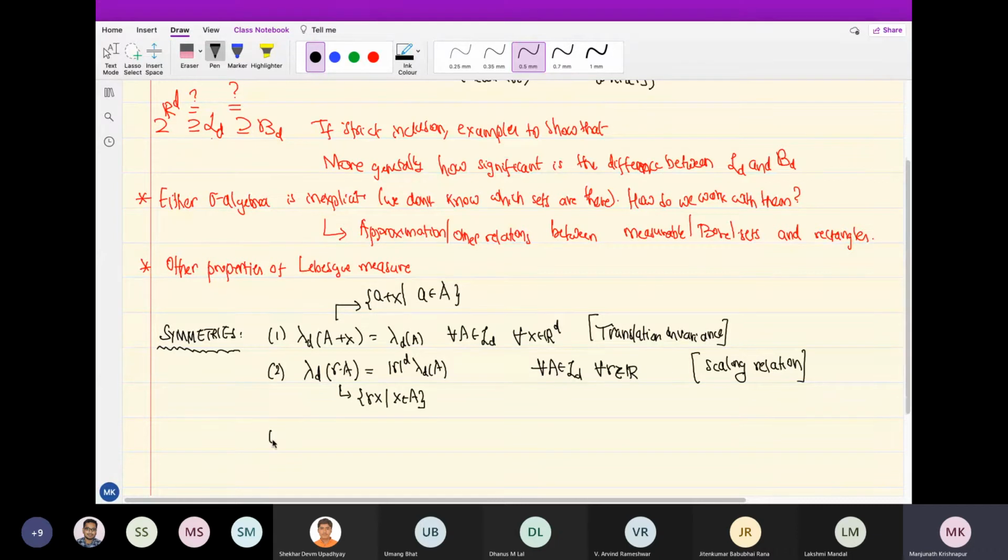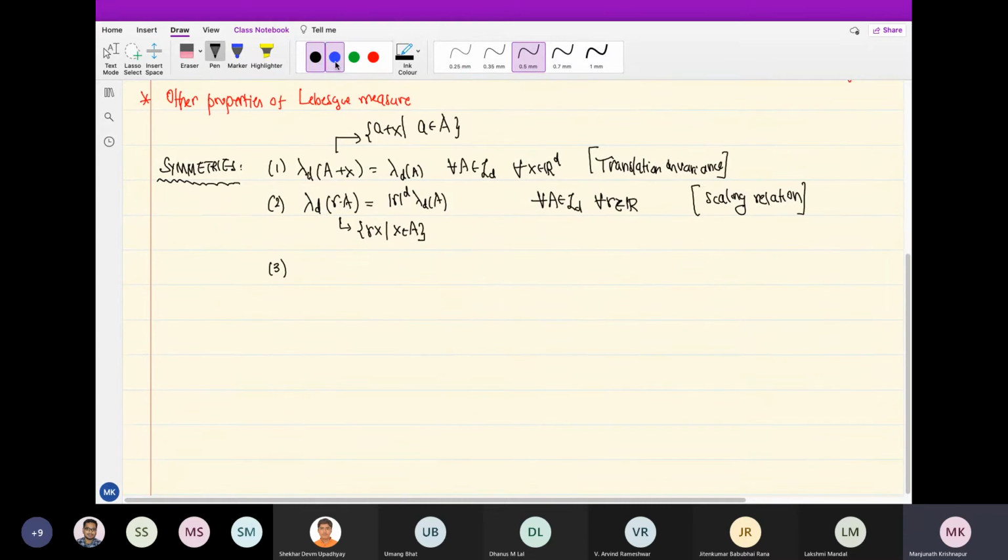I will prove this. The third one is actually less trivial. So maybe I prove the first two first and then come to the third one. So how do I prove the first one? Why is that true? You can take the same cover, but also translate it. The basic point for 1 and 2,